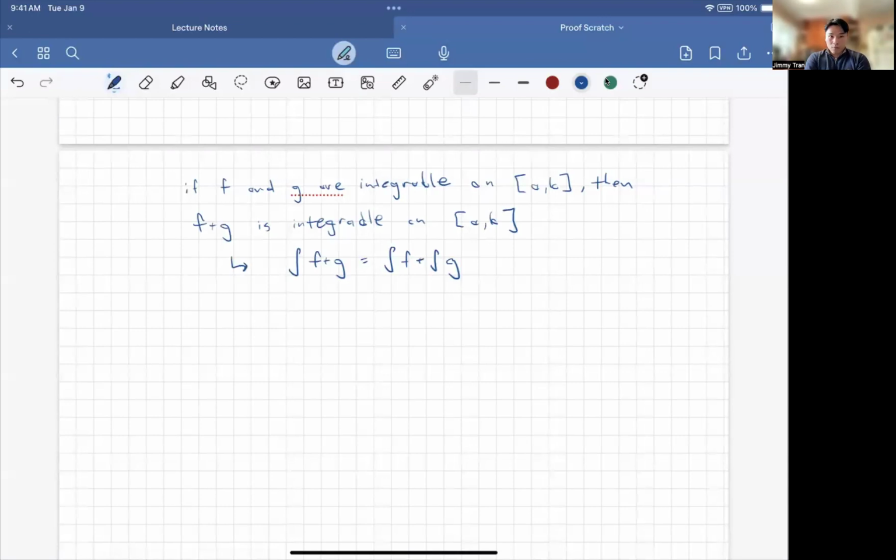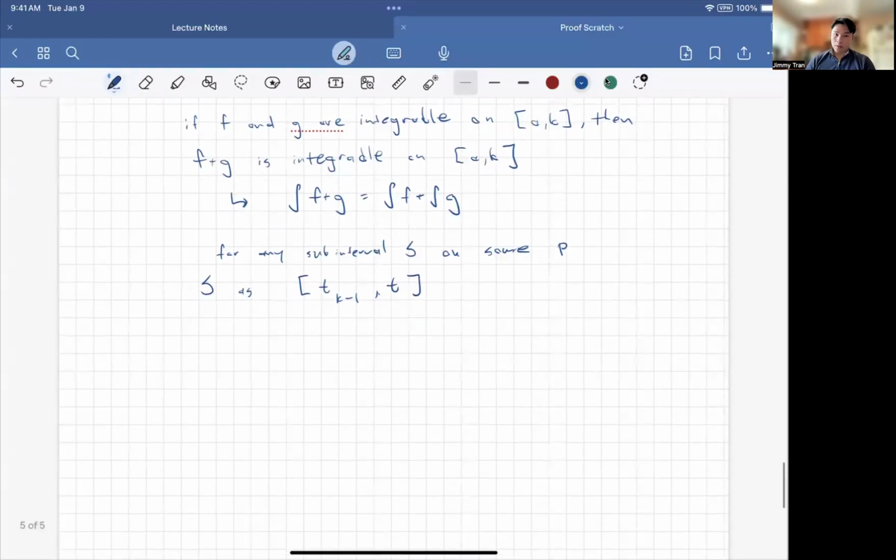So in order to jump into the proof now, we can first look at the subinterval S of some particular partition P. And so what that looks like is that for any subinterval S on some P, we want to define S as the closed interval from some t_{k-1} to some t_k here.